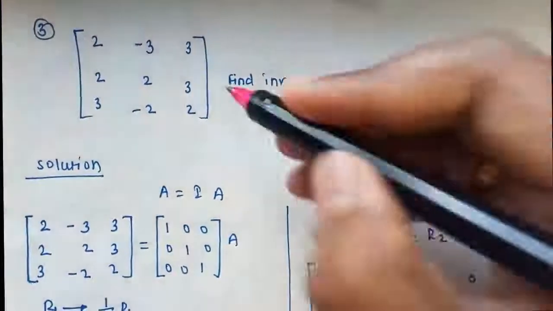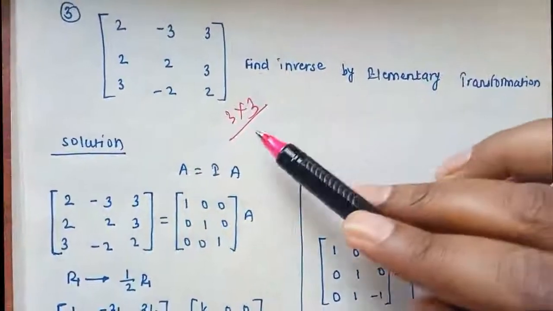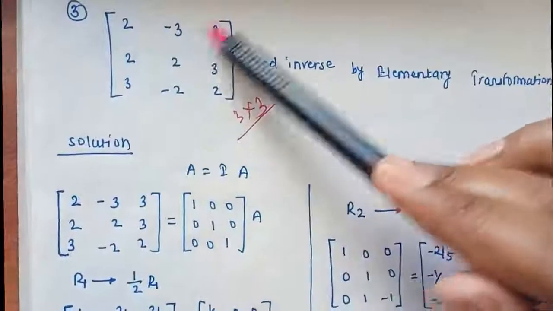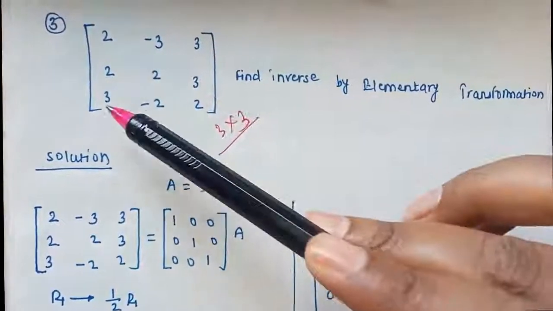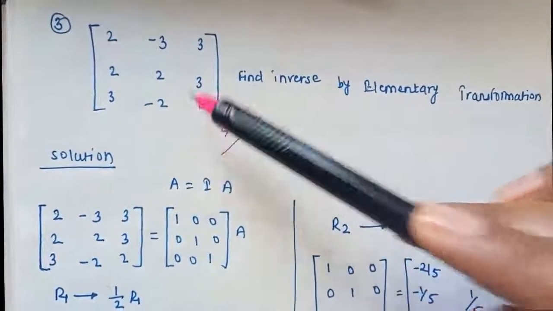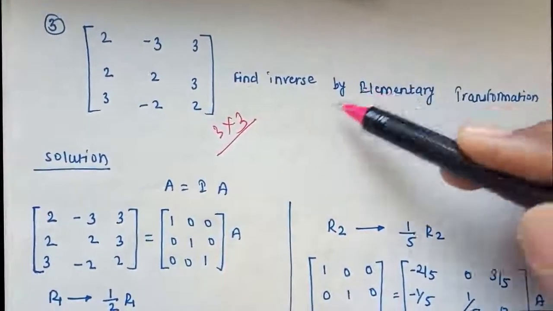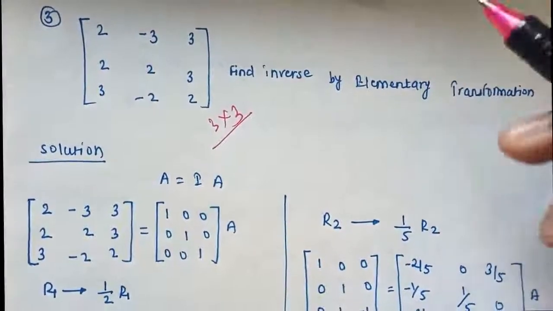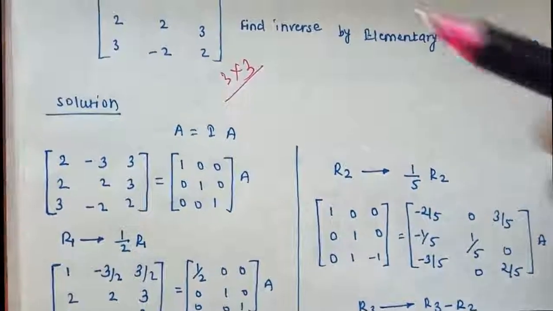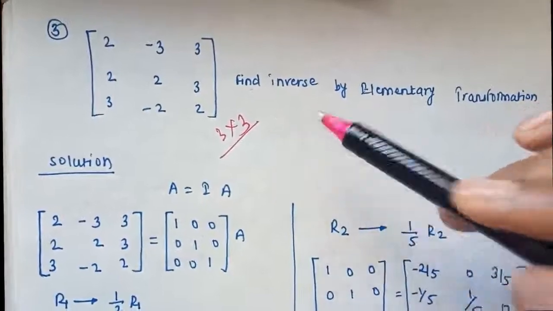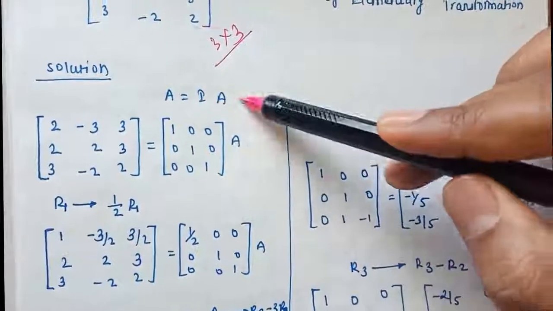Similar thing, but the only difference is that here it is a 3 by 3 matrix. So again 9 elements will be inside this: A11, A12, A13, A21, A22, A23, A31, A32, and this is A33. So these are the 9 elements inside the matrix. Now they have not said whether the inverse exists or not. Directly they have said find the inverse of the matrix. If they say find the inverse of the matrix by elementary transformation, then directly go for it, because they have considered this matrix to be non-singular. That means the determinant of this is not equal to 0. So directly go for this one. Similar things again: arrange it by A is equal to IA. A matrix is this one.